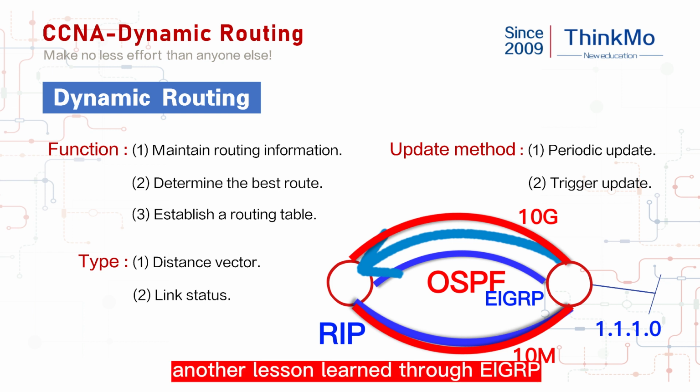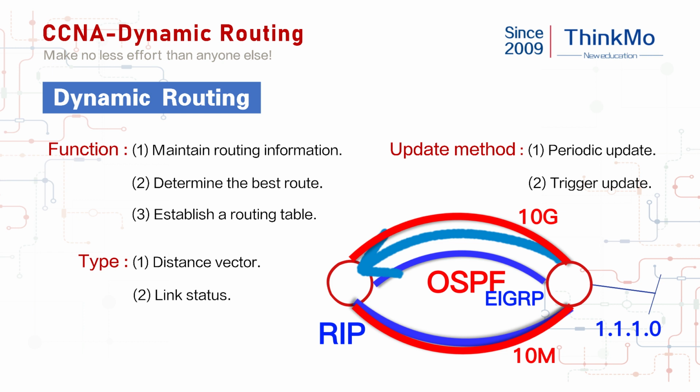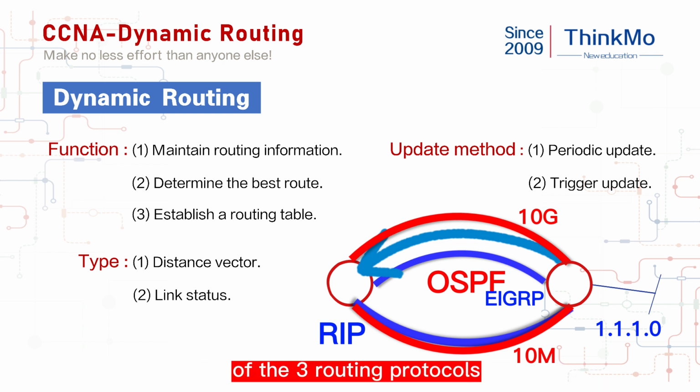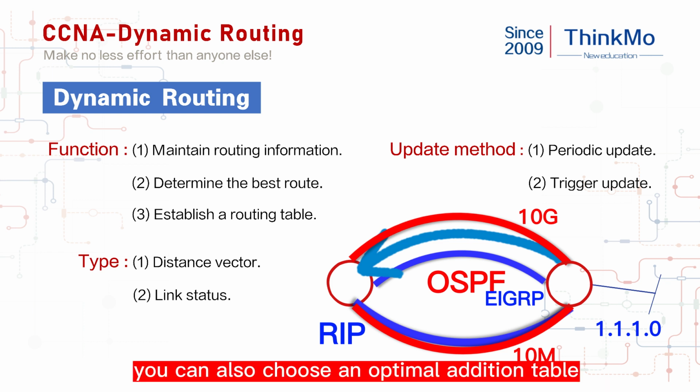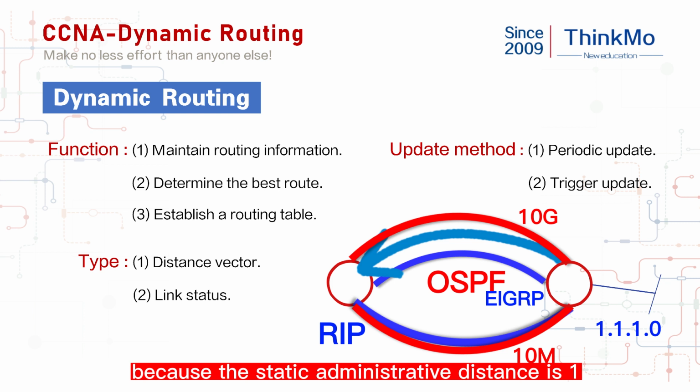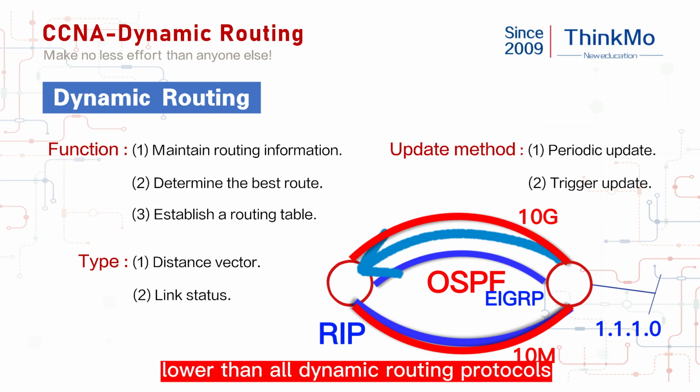Another lesson learned through EIGRP. Then finally compare the administrative distance of the three routing protocols. You can also choose an optimal addition to the routing table. So it's all a process of comparison. In the end, a static route overrides all dynamic routes, because the static administrative distance is lower than all